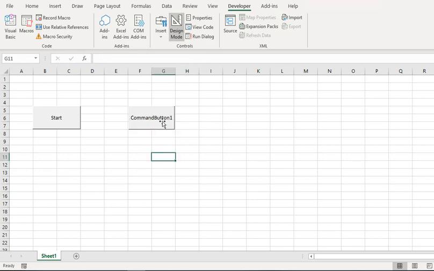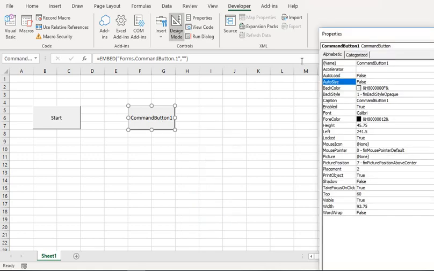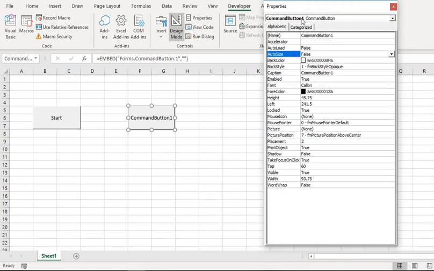So how do we define the properties? We select the button, and we have the same options, cut, copy, paste. But now you'll see there are some different options here. There is a new entry which says properties, and if you click on properties, you will see that here you have many more options than what we had for the form control.